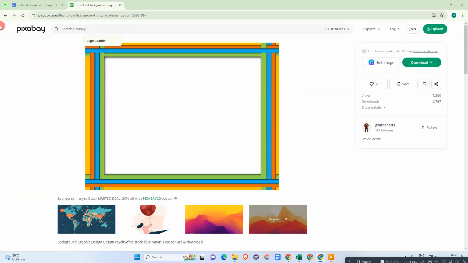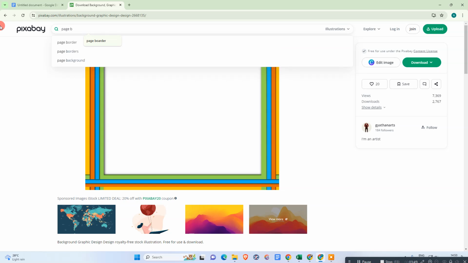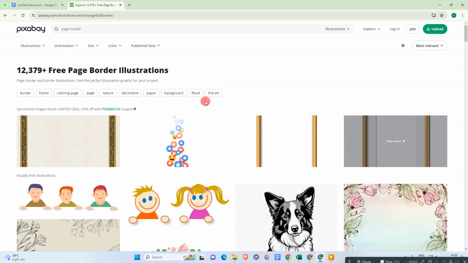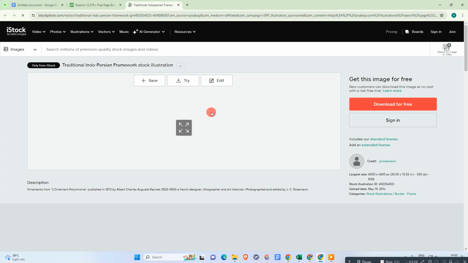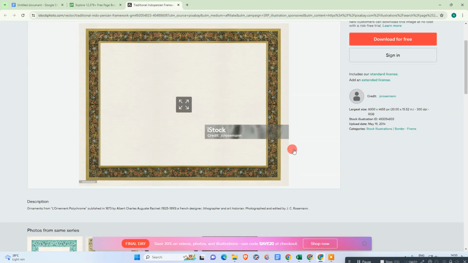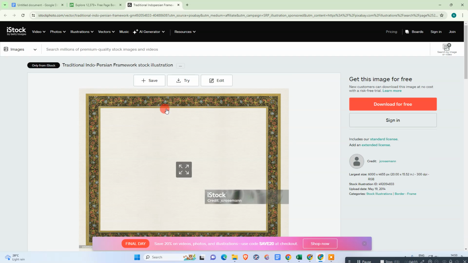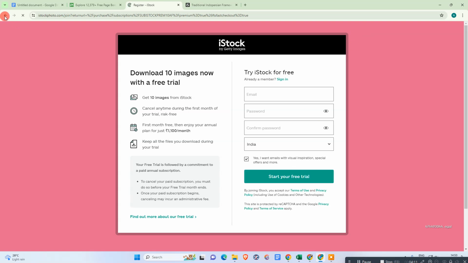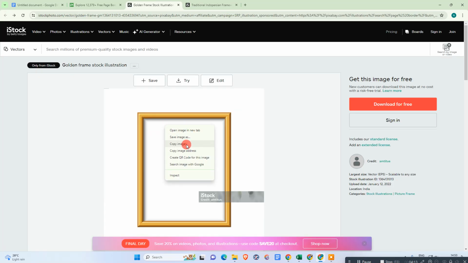Okay, you have to search the border. Okay guys, so here I got this border. Okay, you can download it, it's free. Just download it, just copy it, come to the